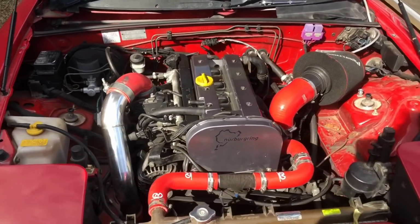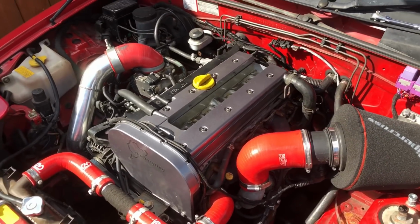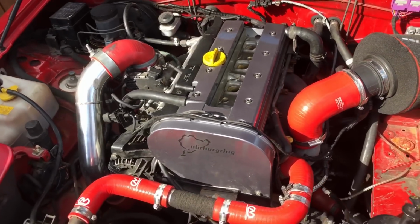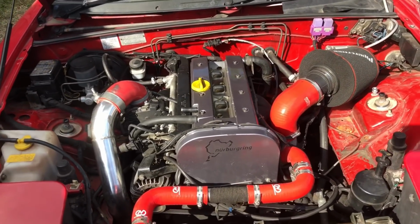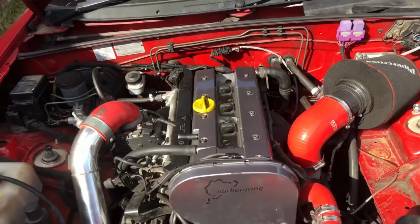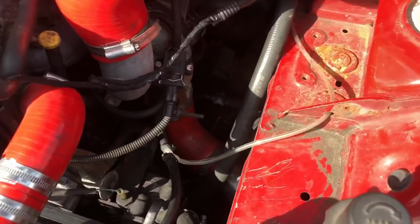So this Mazda came in with all sorts of little problems. It had a misfire, wouldn't rev past 3,500, properly holding back. I did diagnostics on it, a full data log. I also did a compression test and a boost leak test. So we had a bad boost leak from the MAP sensor and another bad boost leak down here in one